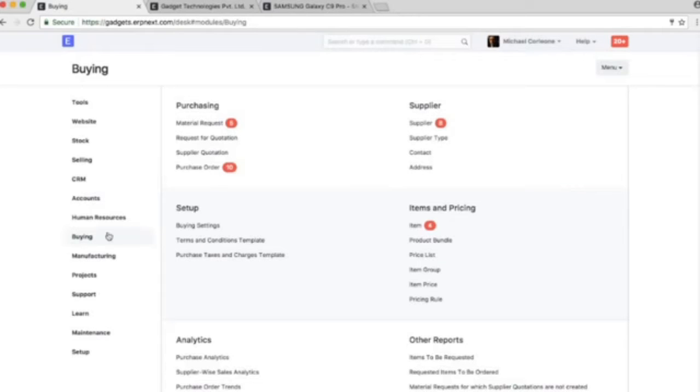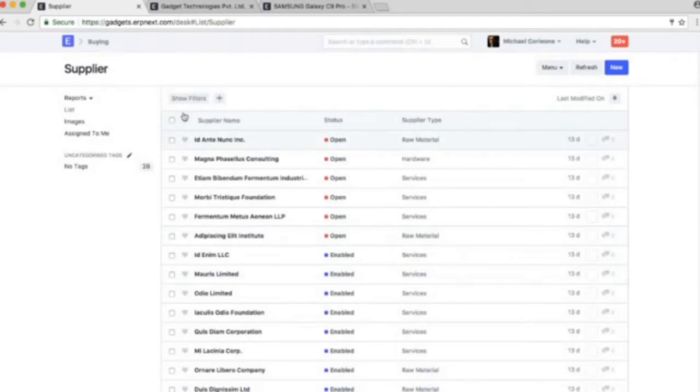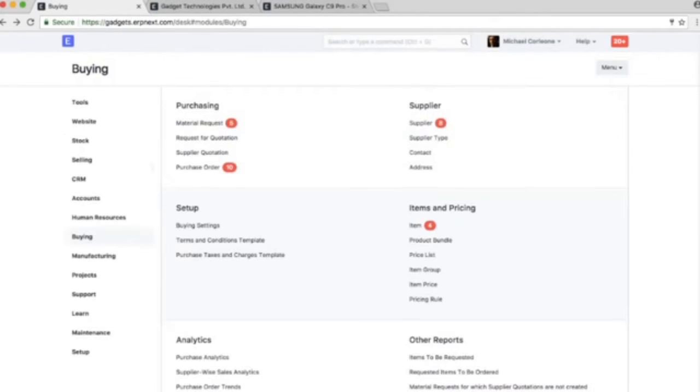So in the buying module, you have some masters like suppliers, supplier type, address, contact. So we have some suppliers already available, we can use them for making transactions. And then we have material request. So these are the transactions. So purchase process